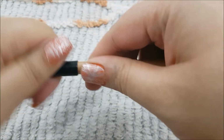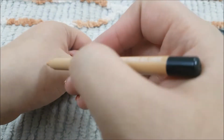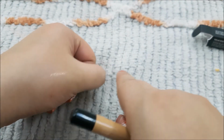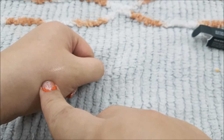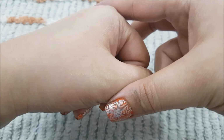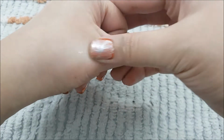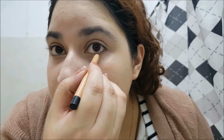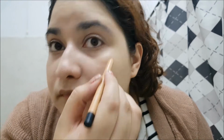The pencil is skin colored, it dries fast. This color is a glittering golden beige color that is suitable as a daily under eye color. It can be smudged right away, but once we have applied it, it has dried after a minute. It cannot be smudged then, but it can be smudged right away after applying, and it lightens if we rub it. So the eyeliner is like butter and it's very soft. It glides on nicely with the vivid color, but if you put a little pressure on the liner,